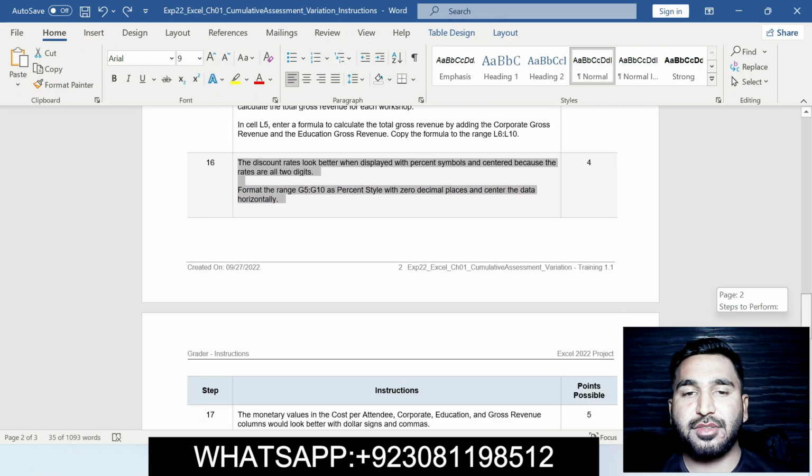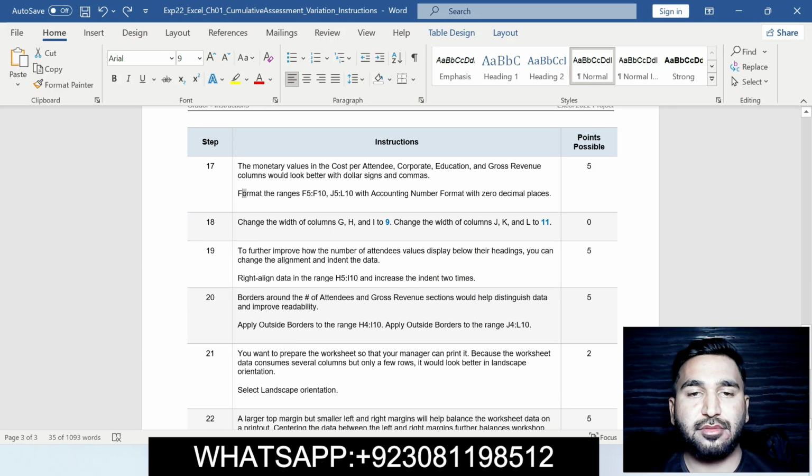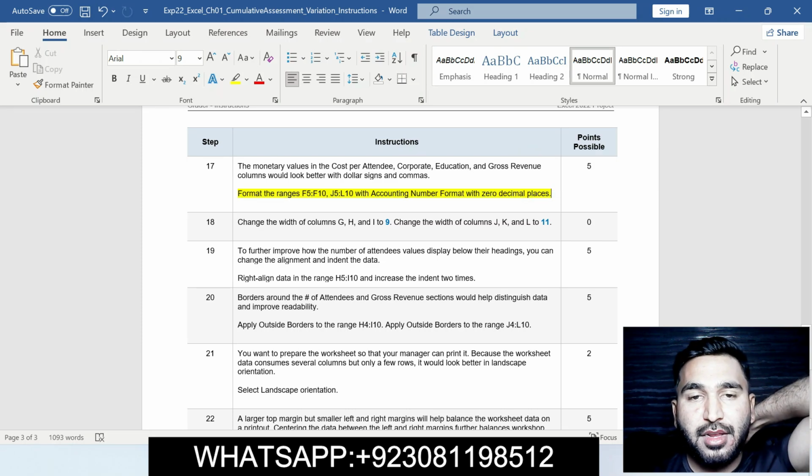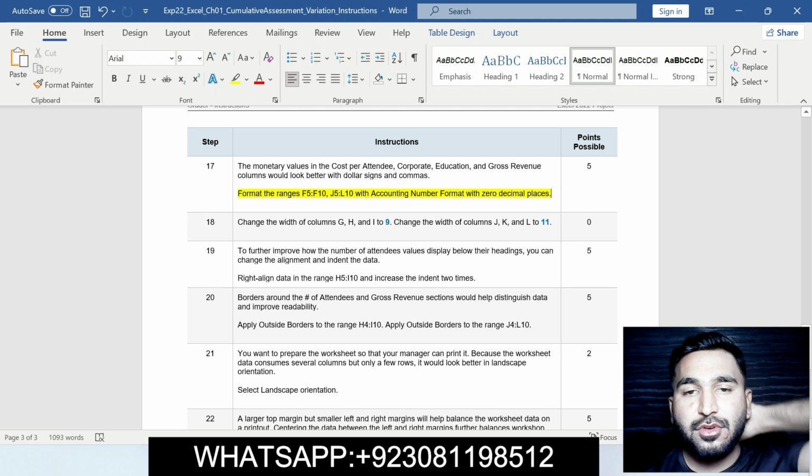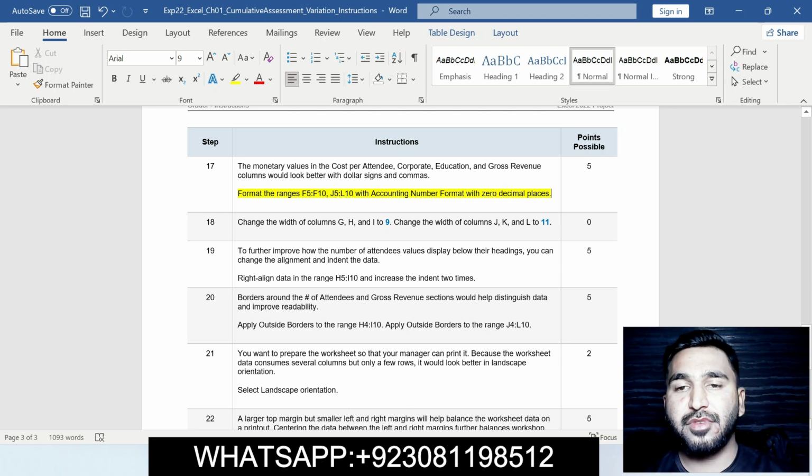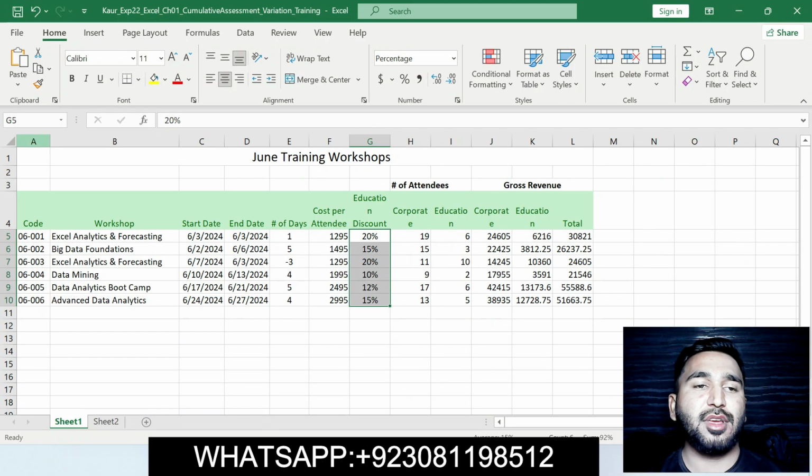Now moving on, next question is question number 17. Format the range F5 to F10, J5 to L10 with accounting number format with 0 decimal places. Basically in this question we will apply accounting number format on these ranges. First we will select this F5 to F10. Moving on Excel workbook, first we will select this range and then apply